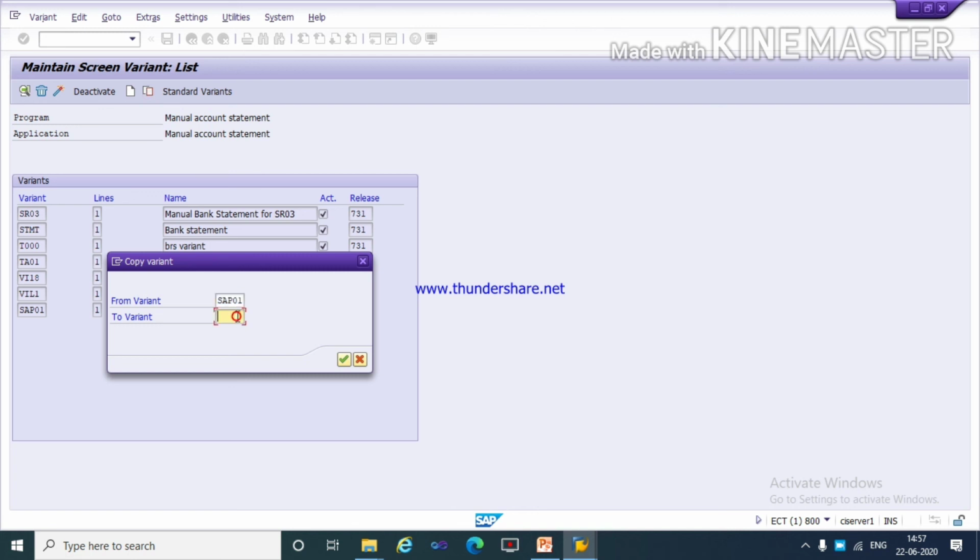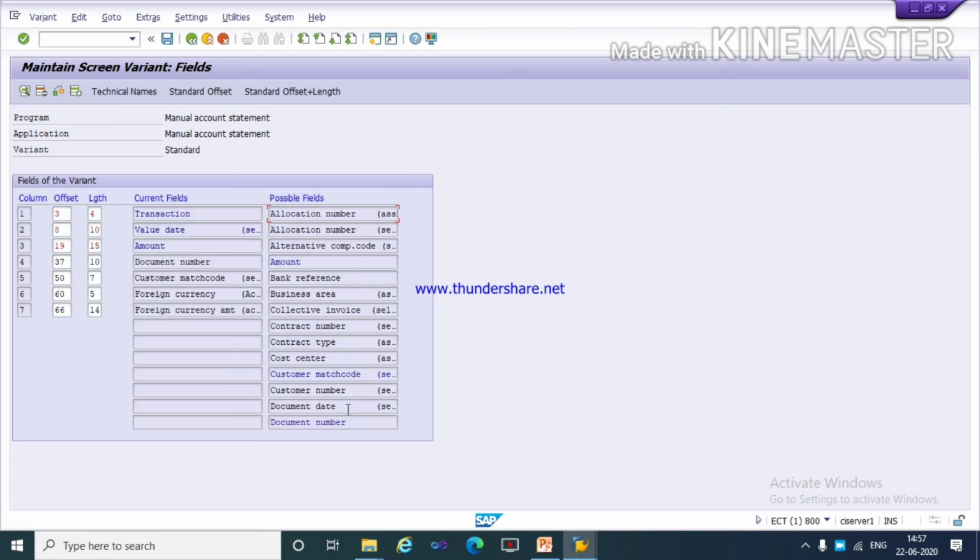And create your variant which you want to create. So I am creating TAVAR, Tata variant.